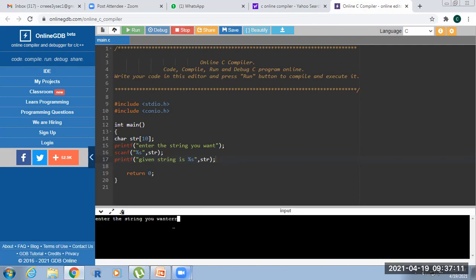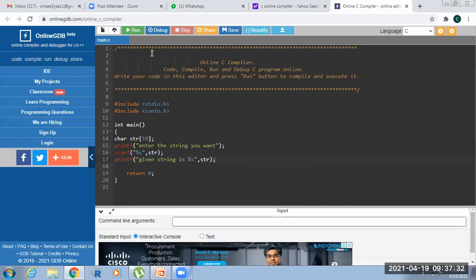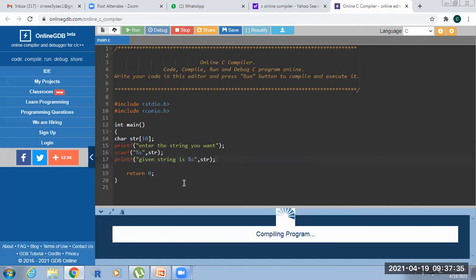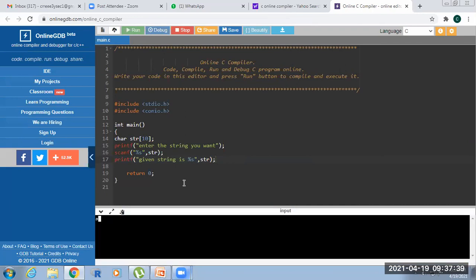Okay, see here, CRRENGG triple E. What happened? Here I just print the string with a space and hyphen, so it prints only up to the space.